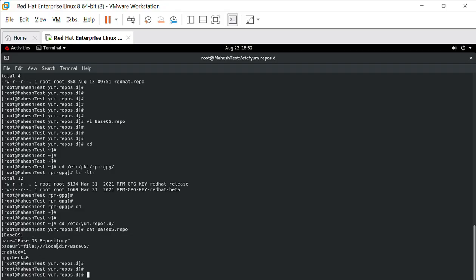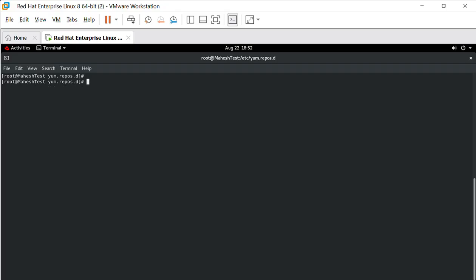Base repos, so this is fine. Now I'm configuring one more .repo file. It is also the same. You have to specify the name, stream name. You can mention any name, stream repository,